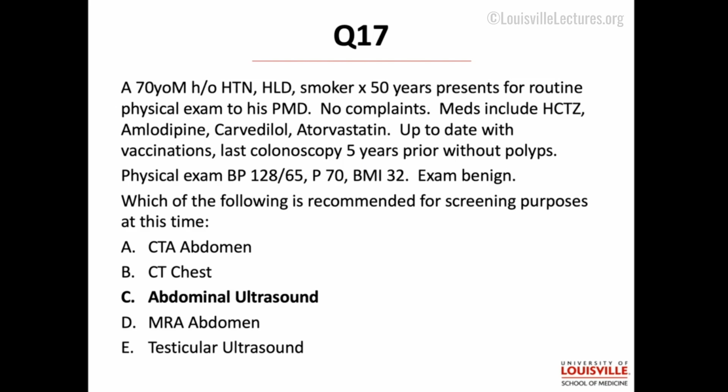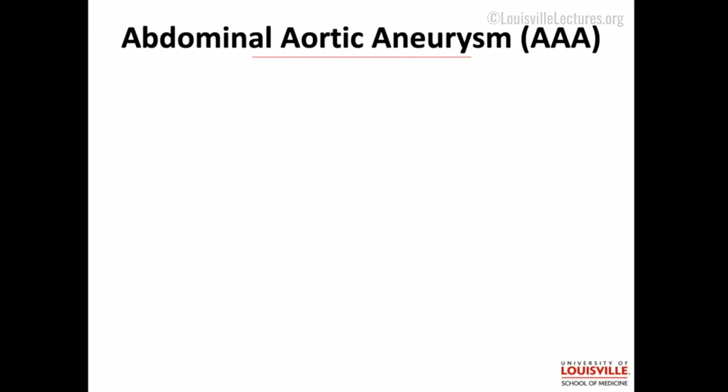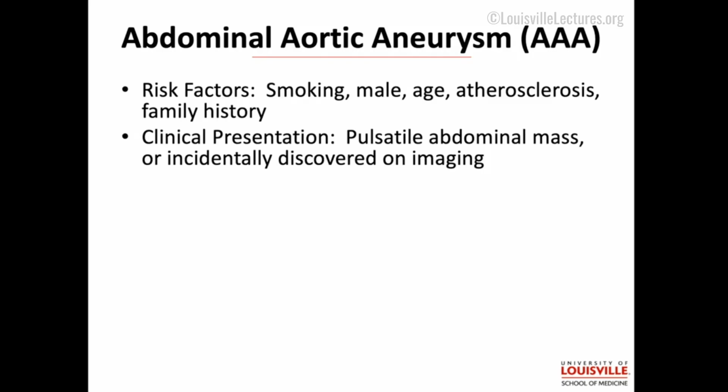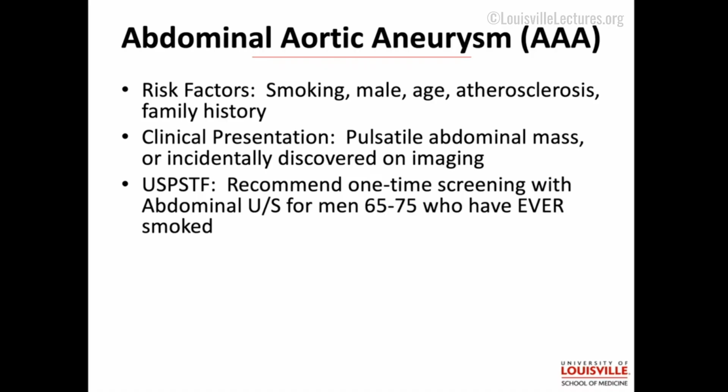So this is a classic internal medicine question. This is a 70-year-old gentleman with a history of smoking. And anybody in that category needs a one-time abdominal ultrasound. And what are you looking for? AAA. Okay, so pulsatile abdominal mass, hopefully it doesn't get to that point, and you diagnose this on routine screening. The U.S. Preventive Services Task Force recommends one-time screening, male ages 65 to 75 with any history of smoking. Everybody gets just one of these.